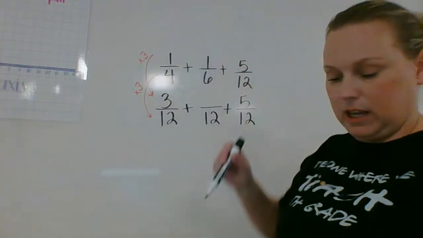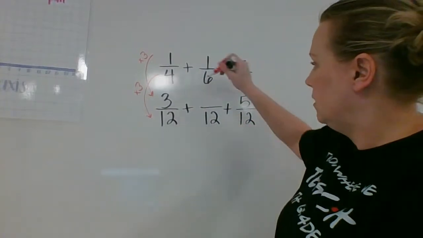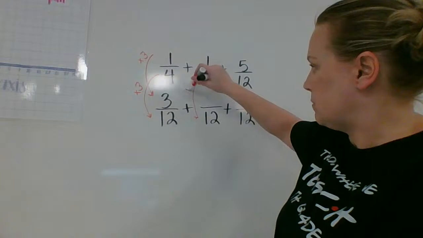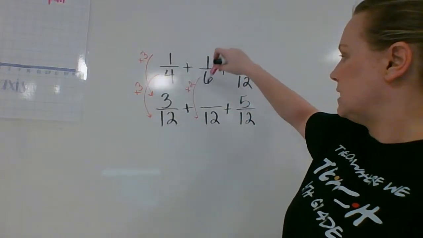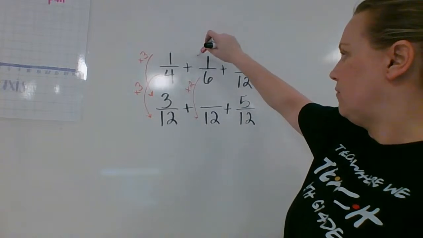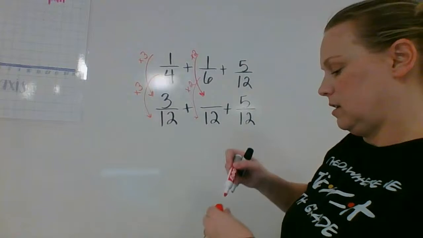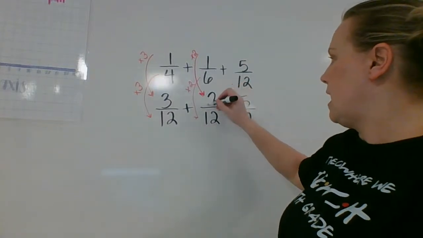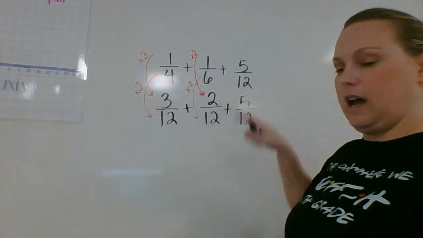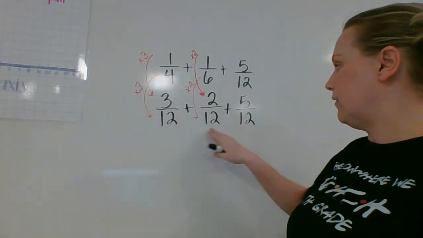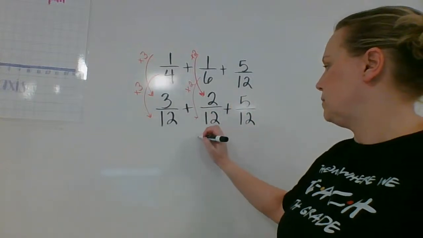And how do we get from 6ths to 12ths? Well, we make 2 times as many pieces, or a times 2 relationship. So 6 times 2 is 12, and therefore we have to do the same thing to the top. 1 times 2 is 2. And now that we have all of the same denominators, we are free to add all of our numerators. So how many 12ths in all do we have? 3 plus 2 plus 5. That should be 10